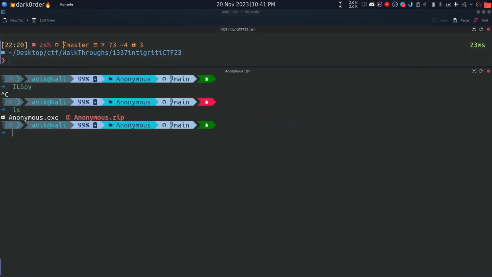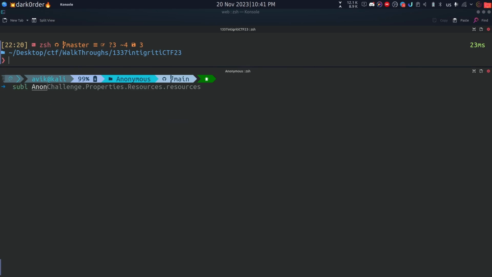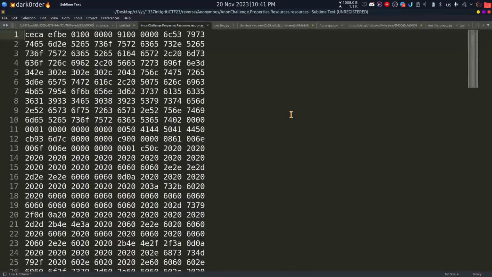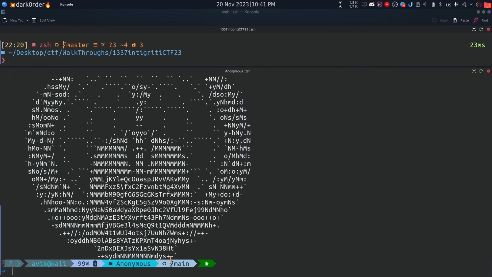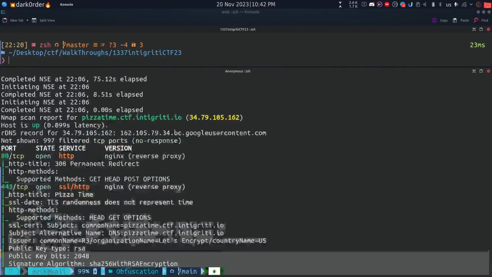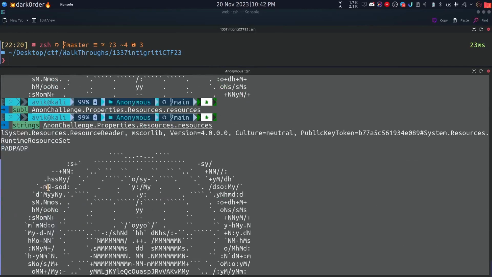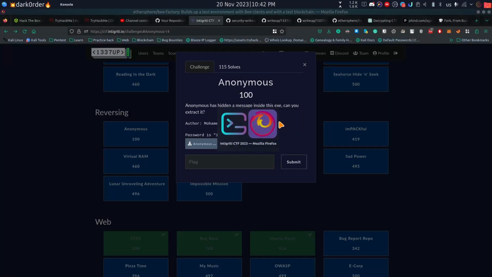and I have already saved it here. Sorry, I think I have saved it accidentally in the other folder. Yep, this one. And if I just open it here, you can see it's in binary format. So I can run strings like this, and then I will just copy the whole thing like this, and then I will just